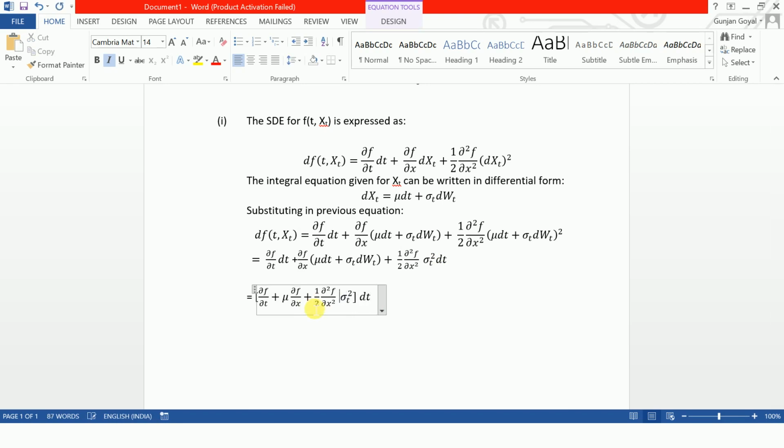You can start your bracket also inside, so that this is converted into a bigger bracket when we press space. Okay, see, this is converted into a bigger bracket, and plus we have our sigma t dWt. So copy the sigma t dWt from here, paste, and then there is a del f del x in between also, the way we wrote in our copy.